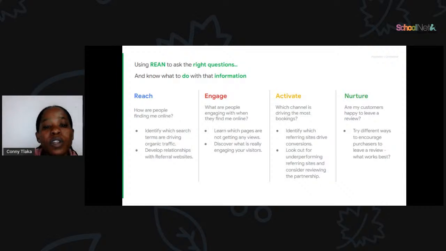Try a different way to encourage a purchaser to leave a review to know what works best for you. Because if there are no reviews under any product that you are selling, it might happen that people might not come and purchase your product because they can't find any review.